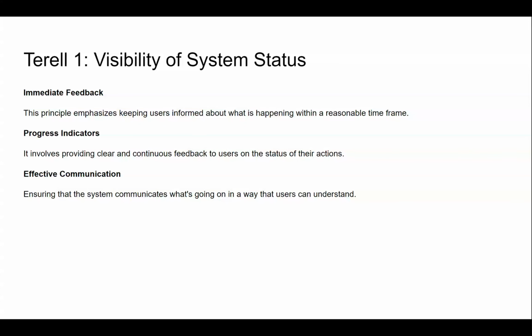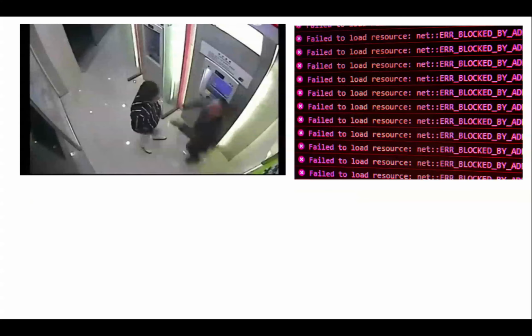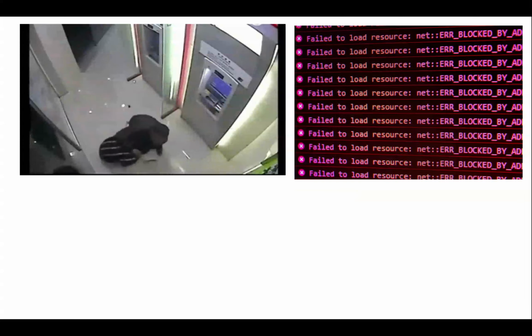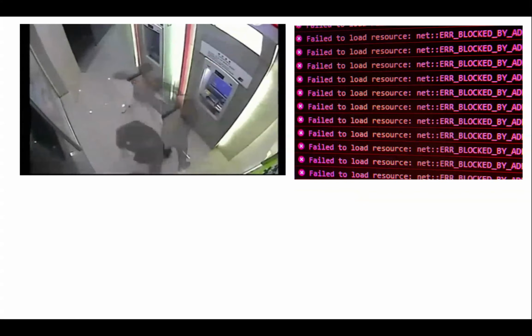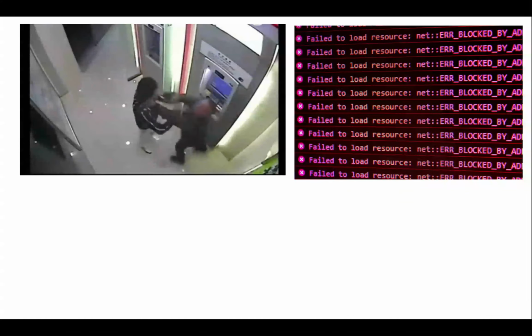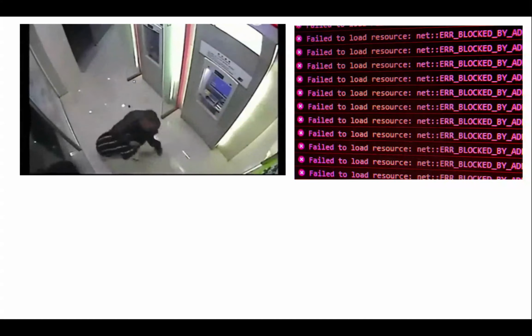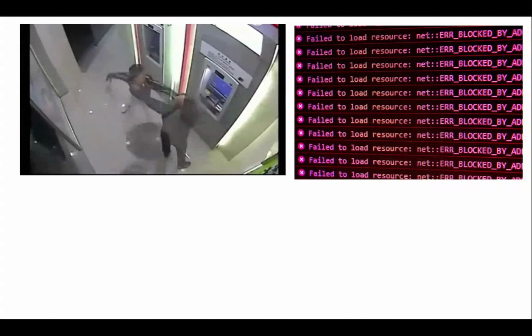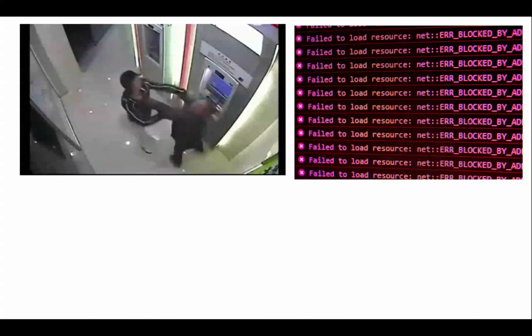And lastly, is ensuring that the system communicates what's going on in a way that the users can understand. Right? So who are the users? The users are your target audience. So if you're going to communicate a problem, let's just use the older generation for example, right? If you have an error message,